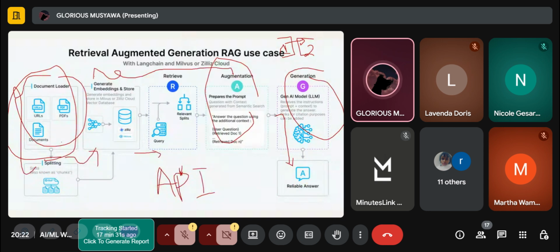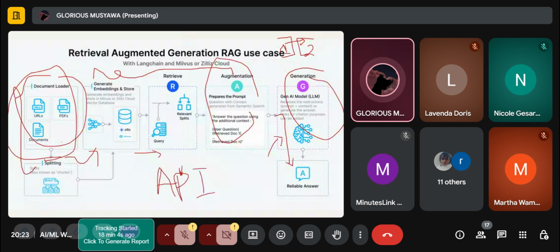When I talk about application, it could be a website, an app, a web app, etc. So making an API call enables you to retrieve the information that you want from an application that is separate from the one that you're working on. So it's like an interface for connecting two different applications. So we make an API call to our LLM, and that's how we access the LLM in our situation. That's how our document is connecting to an LLM.